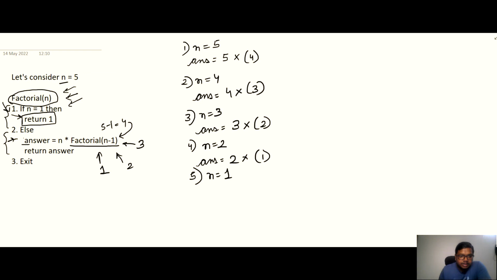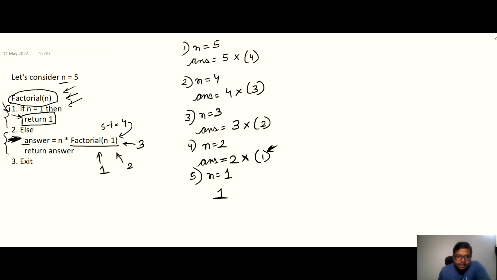Earlier we were only stuck at this point, that is this answer statement. We didn't go to the return answer statement. We are returning the value for the first time. So now this has returned some value, that is 1. Now have a close look here. In the fourth point we were still calculating this answer's value. You remember that we hadn't calculated our answer's value, but while we were calculating, a function call